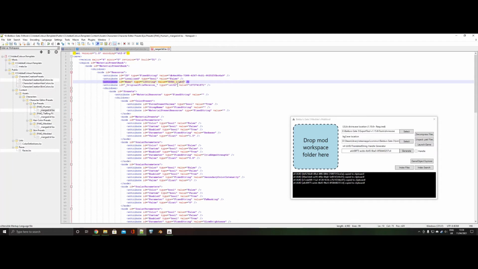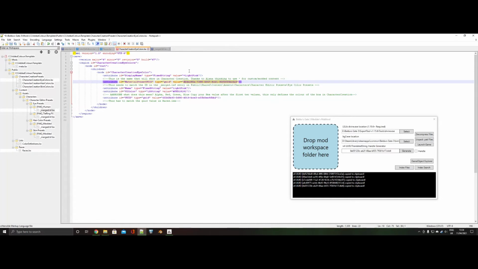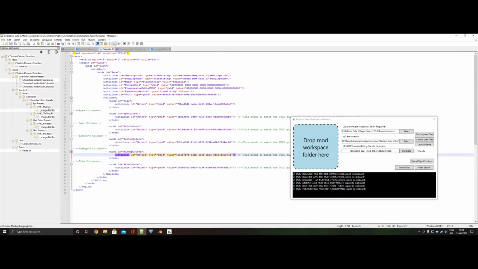light pink. Okay, generate new UUID. So as you can see, that's D4EC. Now it's E. D4EC. Okay, save them. And generate a new UUID for this. So it's 6F2D, and this has to match the eye slot in